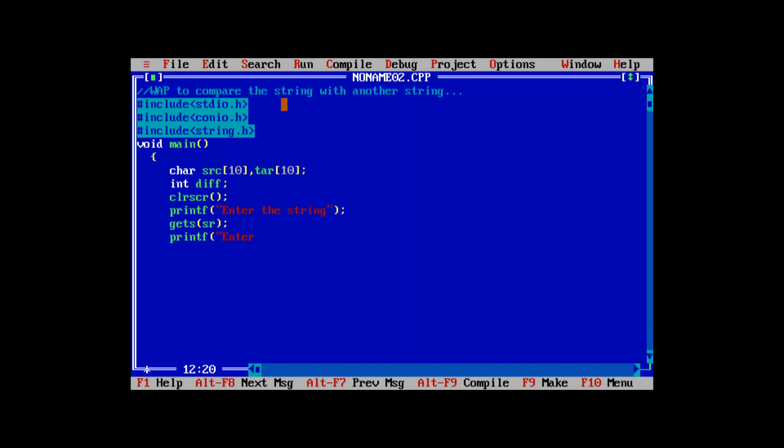Then there is gets, that is like scanf, that is src. Then again use printf, that is enter the string; here I say enter the string 1, then enter the string 2, then there is gets, that is target,